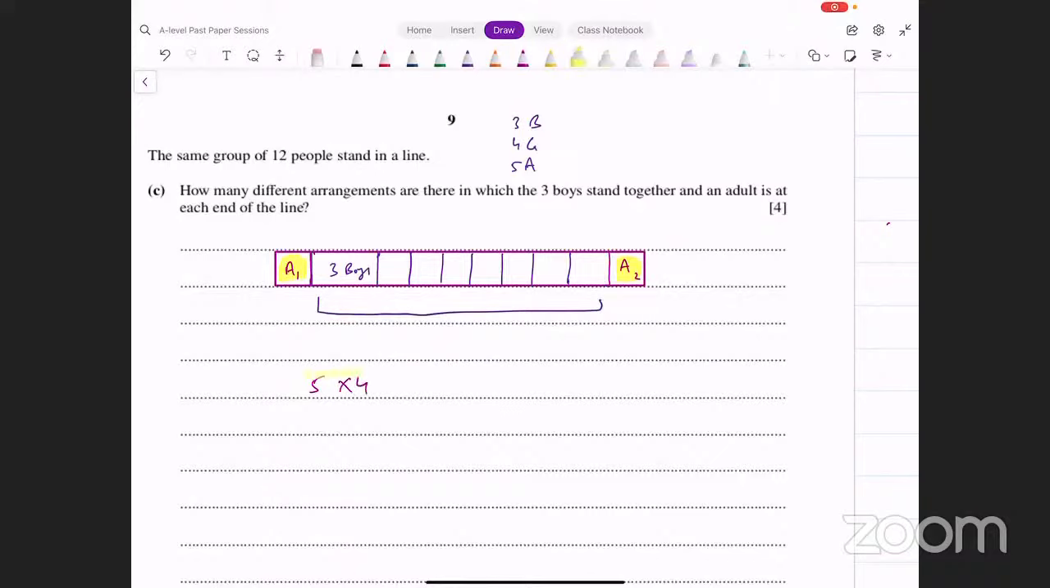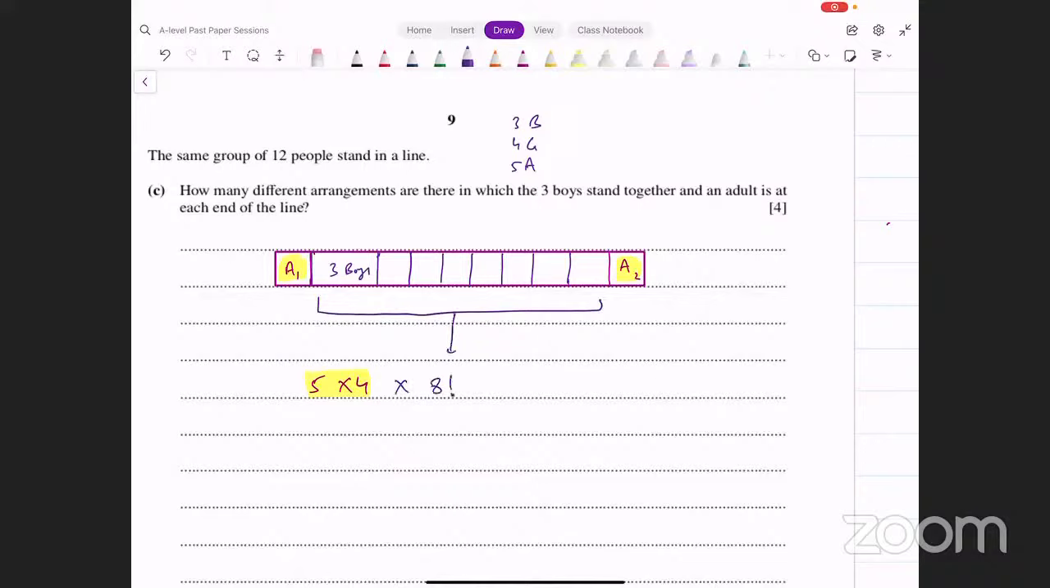ये आपने 2 adults को ends पे place कर दिया. ठीक है? अच्छा. Now for the remaining people that are in the middle, there are 10 people in the middle in these places. उनमें से boys have to be together. जब वो together हो गए, आपके पास boxes कितने रह गए अब? There are 8 boxes in total. वहां से कितनी आपकी arrangements आ गई? ये आपकी आ गई